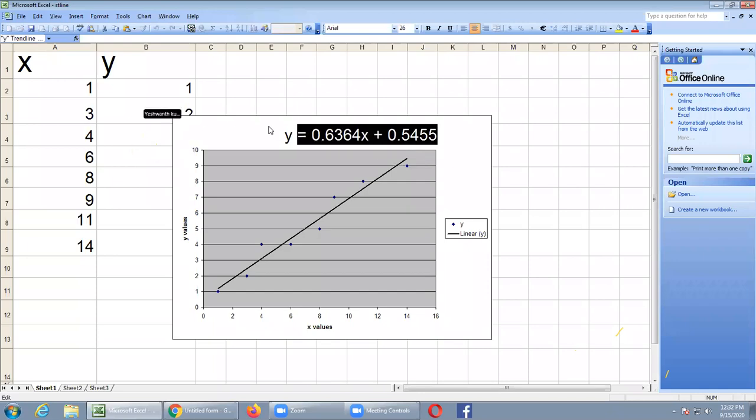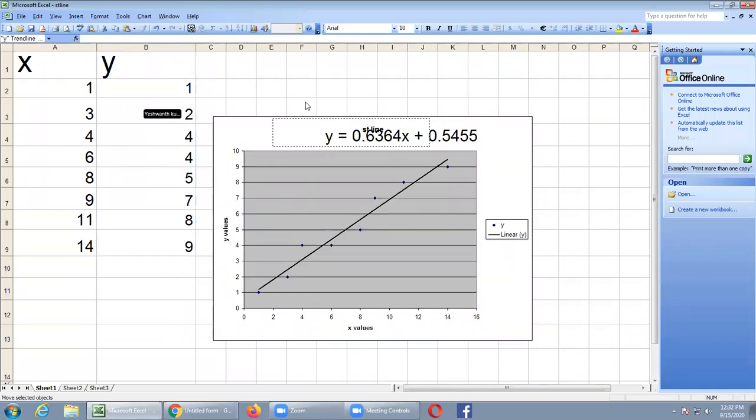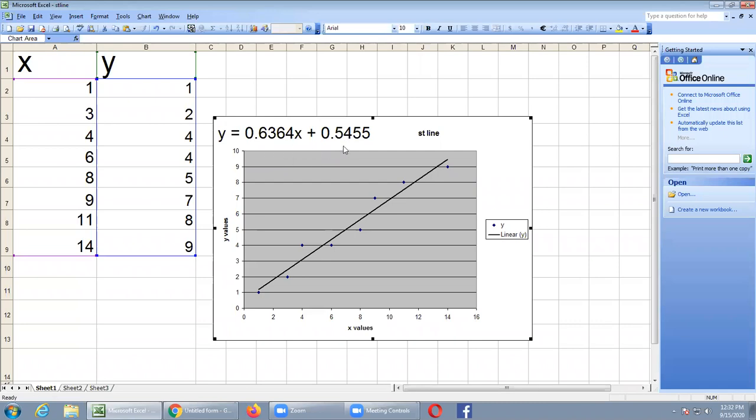What is the straight line equation you are getting? The straight line is nothing but y equal to A value 0.5455 plus bx. I think all of you are able to understand this one. Otherwise, I will tell you one more time so that you can understand better. Just give me a minute. I will delete this one and explain step by step again.